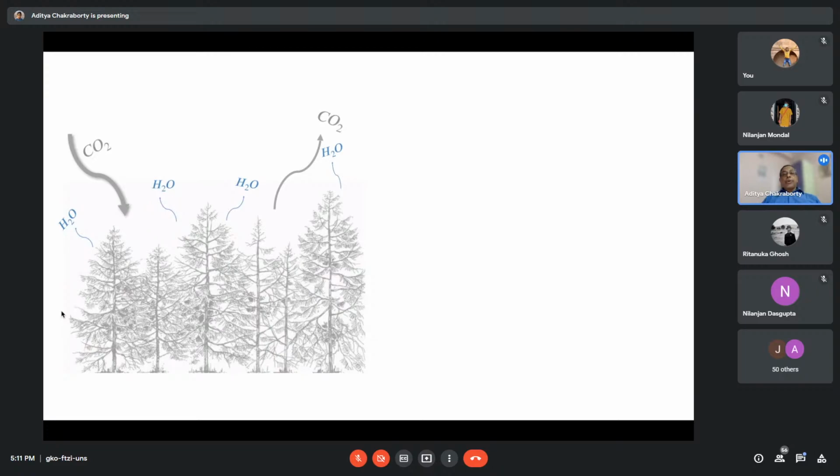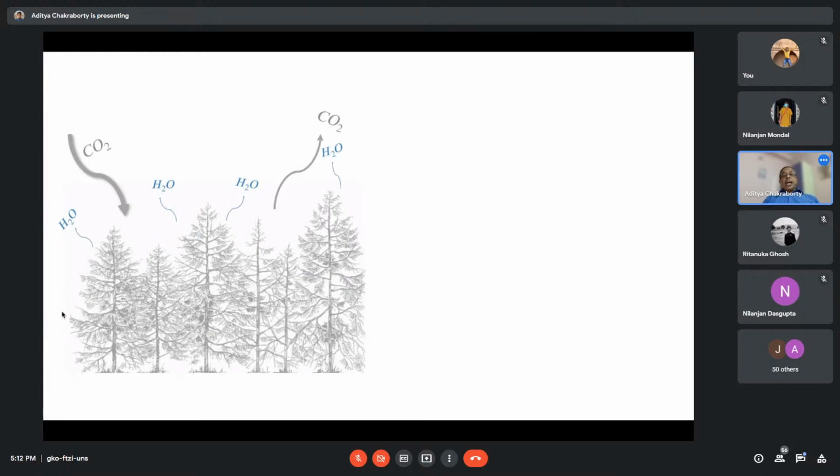In the context of global warming, this is very important because we know that anthropogenic activities are releasing a huge amount of carbon dioxide, and a part of this carbon dioxide is being absorbed by the biosphere, that is plants and trees, and partly it is absorbed by the ocean. The terrestrial biosphere plays a very important role in absorbing this carbon dioxide. However, with changing conditions, that is with rising temperature and environmental conditions, the capacity of forests to absorb this carbon dioxide does not remain constant.